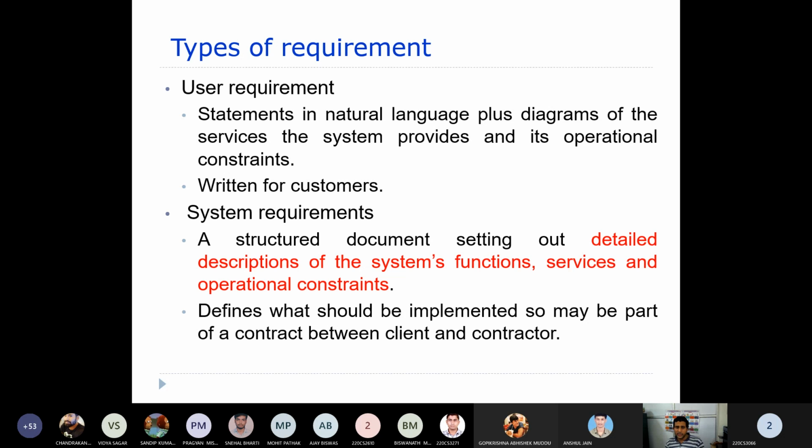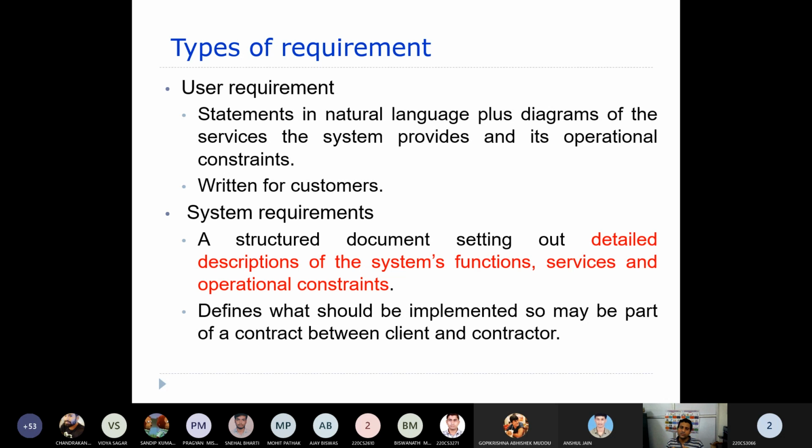Now the system requirement is a very structured document. That means you will have a certain number of sections, subsections, and organization, so the document is well organized. It leaves out the simple natural language statements of the services; here we provide the detailed description of those system functions, services, and operational constraints.